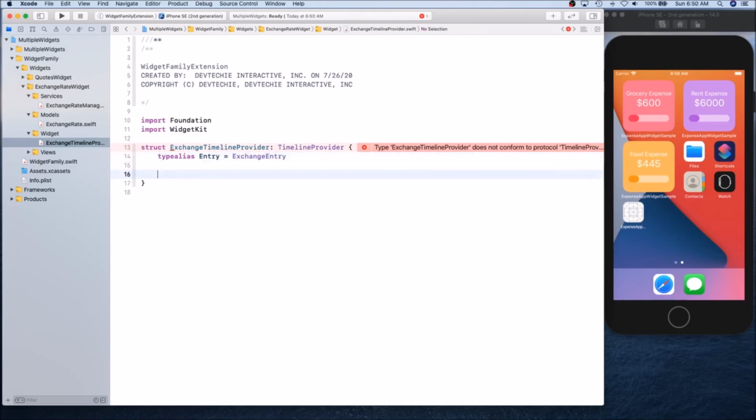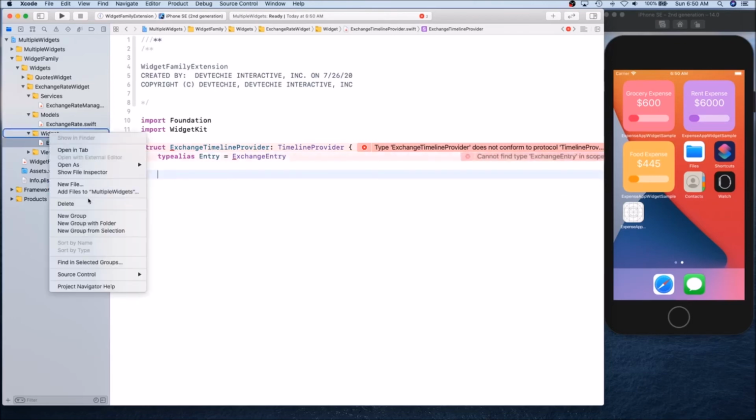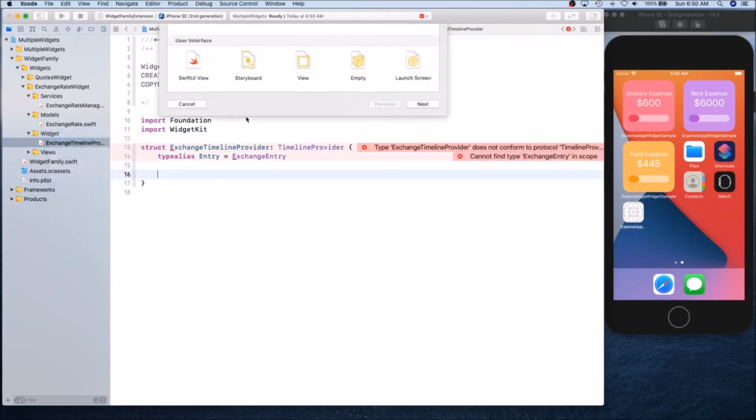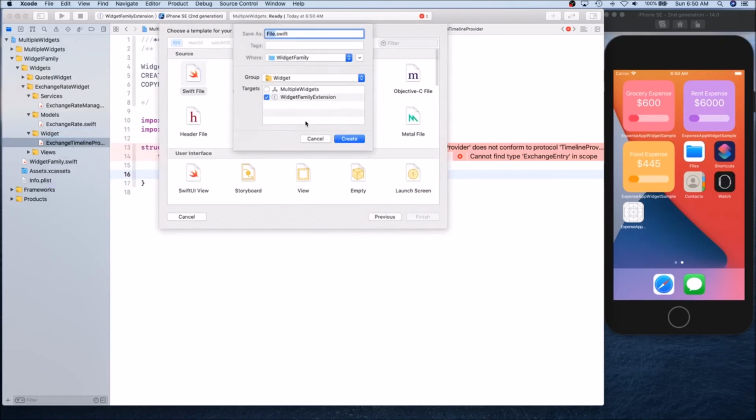We haven't created that, so let's go ahead and create that. I'm going to create a new file, ExchangeEntry,